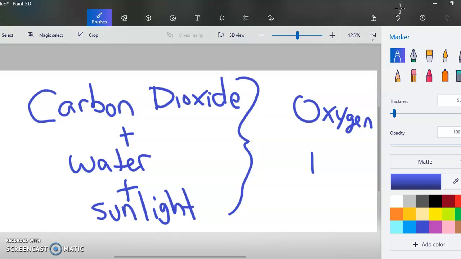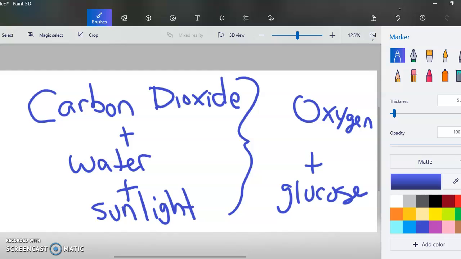And they also have glucose, right? Which they store, and that's their goal of photosynthesis. That's what plants are trying to do. They're trying to create this sugar so that they can grow, right? So when we write this out in words, makes sense. Plants need carbon dioxide, they need water, they need sunlight. And then what does that turn into? It turns into oxygen that they basically fart back out into the air, and glucose that they store within themselves,